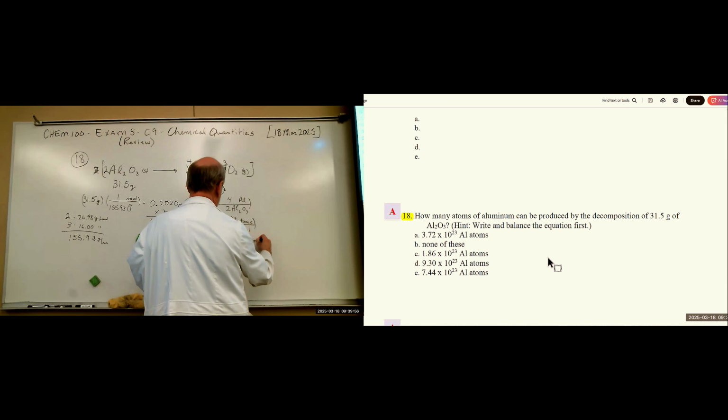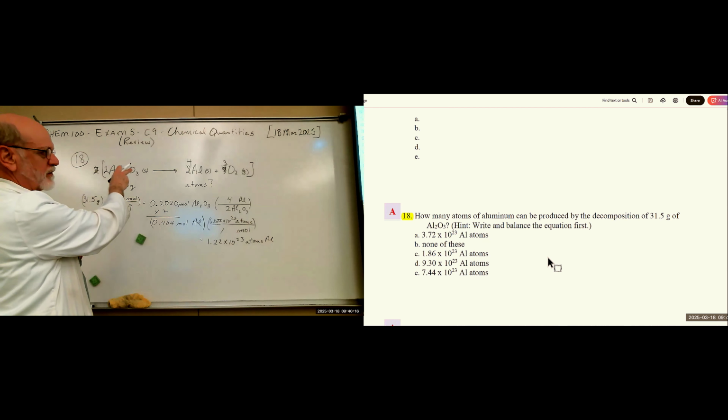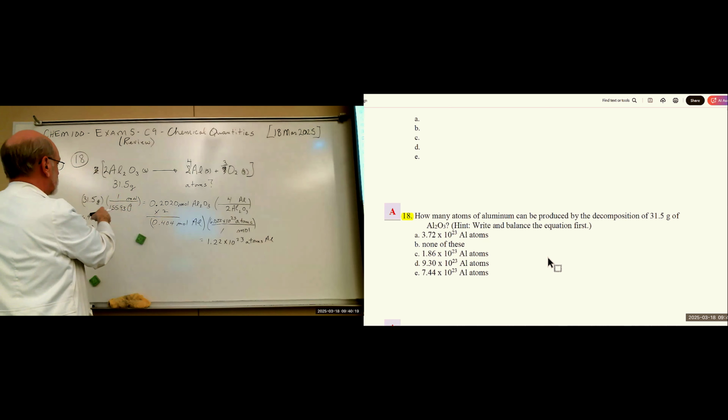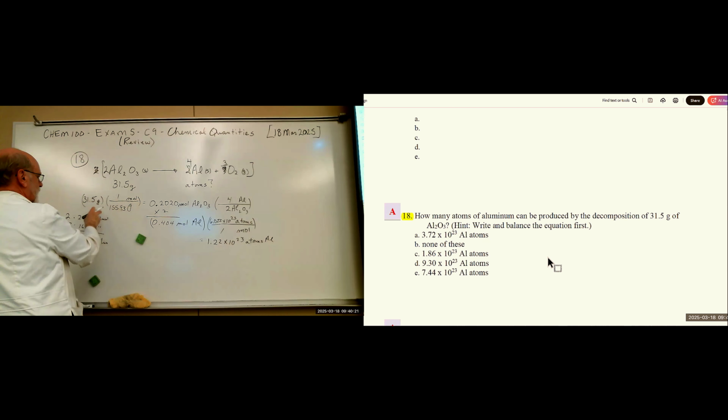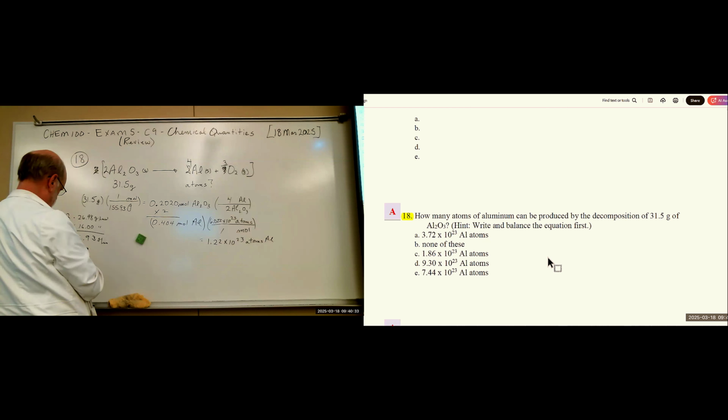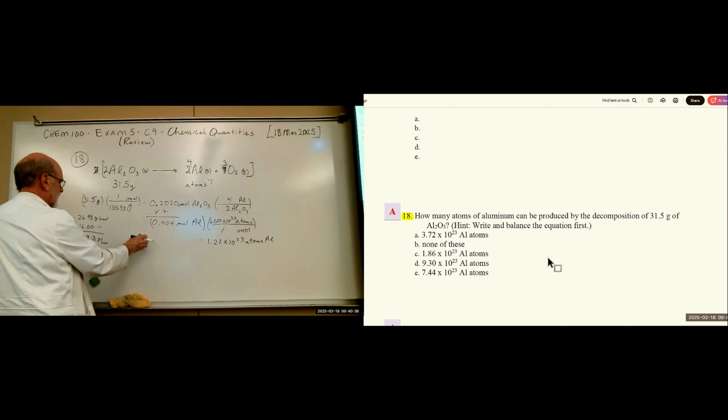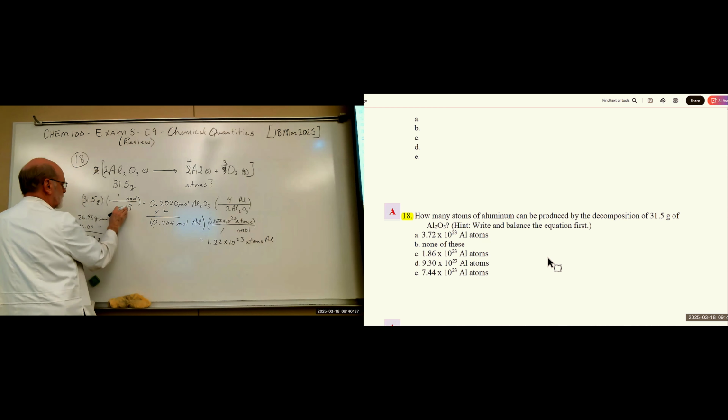Let's see. Well, it doesn't like my answer. Let's see, where did I go wrong? Let's see. This is correct, 31.5. I know the equation is balanced correctly. 31.5 grams. We did this calculation correctly. That's about 48. 26.98 enter 2 times and 48. Well, now that's wrong. And I ended up with that one. So I found my error,